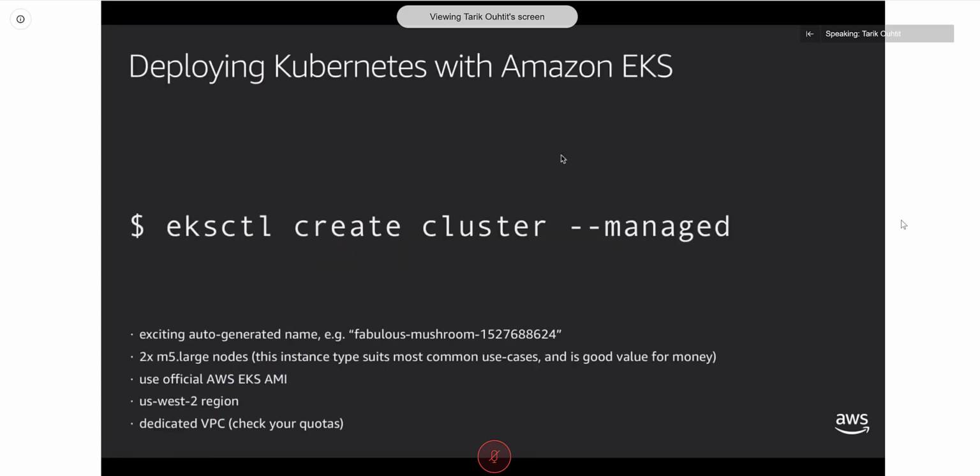First of all, I want to show you how to deploy Kubernetes on AWS. It's one command. This one command uses a CLI tool written by a partner of ours, Weaveworks, and us as well, AWS, and a whole bunch of open source contributors. And it really is an easy way to deploy Kubernetes on AWS. I can run this command, eksctl create cluster. And I can add the flag managed at the end, and it will deploy for me a whole Kubernetes cluster with a managed control plane that takes care of auto-scaling, resiliency, all that kind of stuff, and also managed worker nodes. And we'll talk a bit more about that in a minute. But this is just one command to create all that.